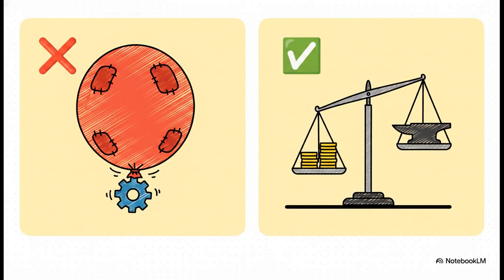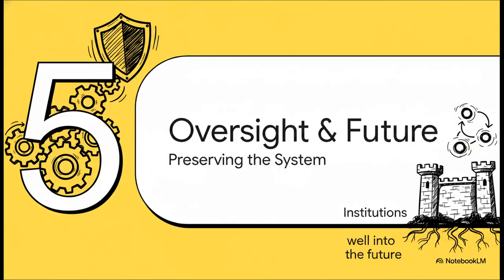Let's contrast arbitrary budgeting with mandate-tied adjustments. Arbitrary, politically motivated budget changes just lead to organizational bloat and, eventually, total collapse. In a foolproof institution, budget changes are strictly tied to reality. Verifiable workload changes, precise man-hour analysis, inflation indexes, and actual regulatory needs. That is the only way to guarantee long-term financial sustainability. Section 5. Oversight and future-proofing.